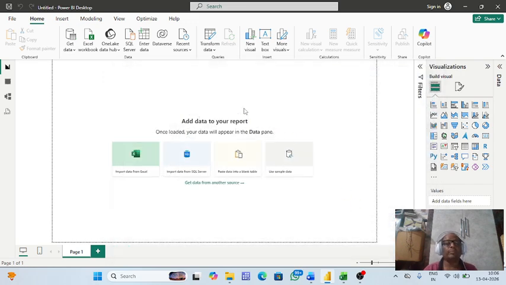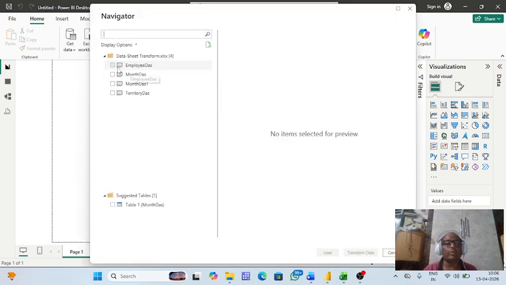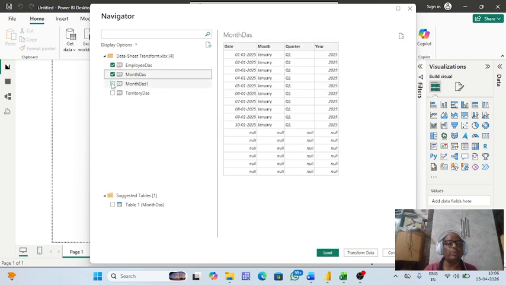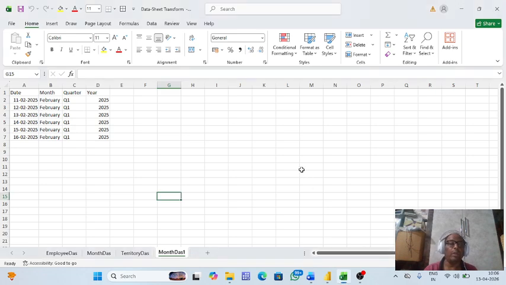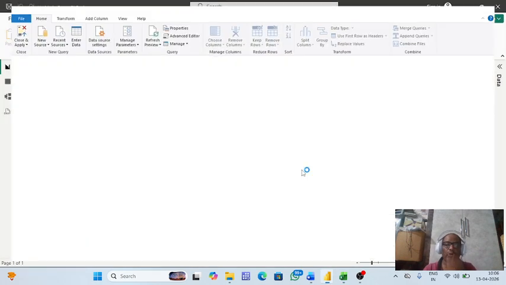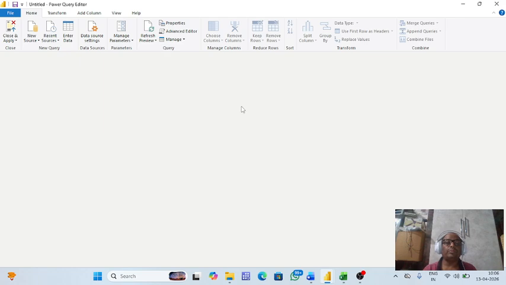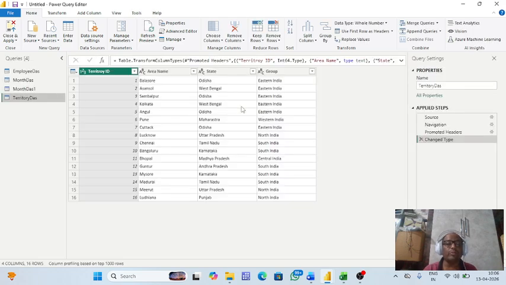Once you click on this, you will see the tables come here. One by one you have to select them and go for transformation of data, not loading of data,